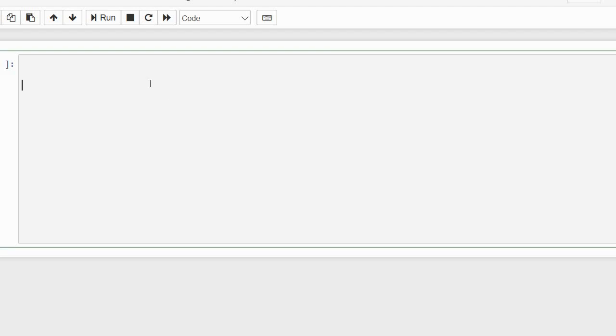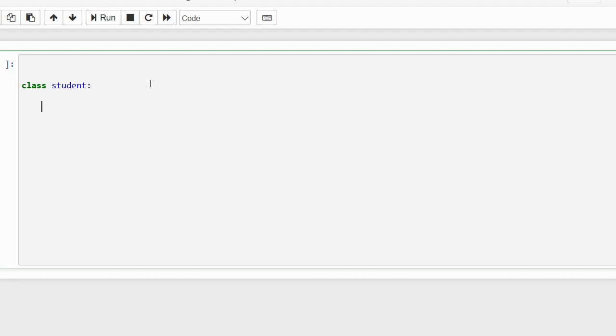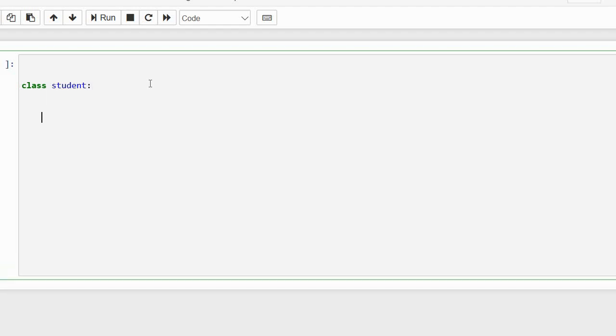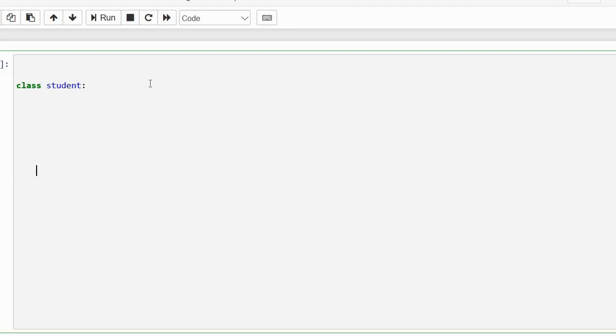So let me show you a practical way of writing a program in Python in an object-oriented way. First, you have to define the class and class name. For example, I am writing the name of the class, Student class, and colon. Usually the class contains variables and methods. The variable may be a method's variable or a class variable. After creating the class, you have to instantiate the class. You can create an object of that class. For example, I am writing student1 is an object of the class Student.